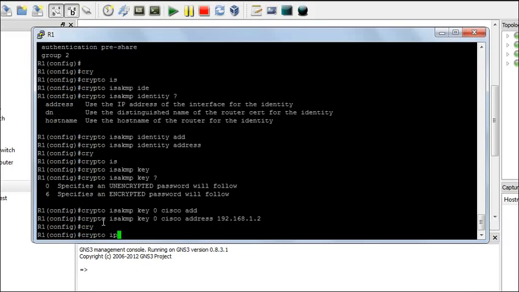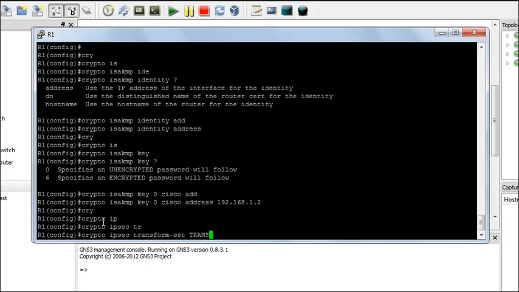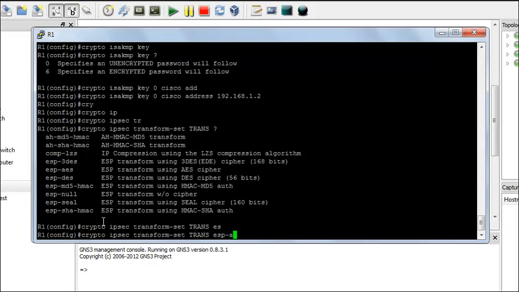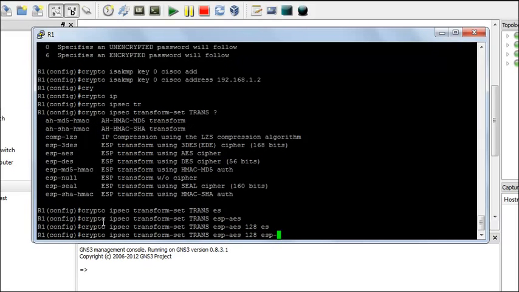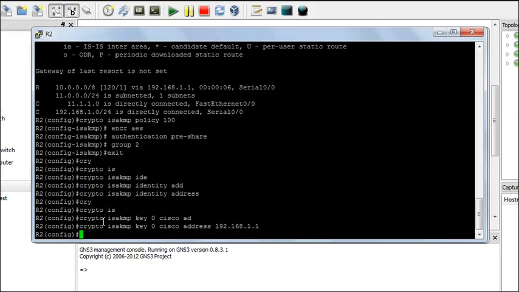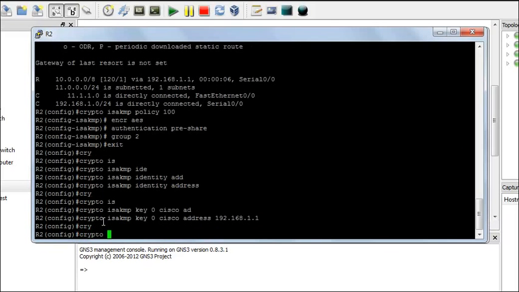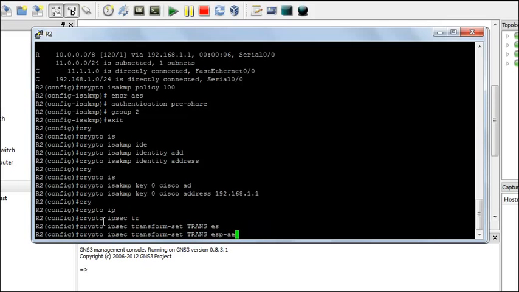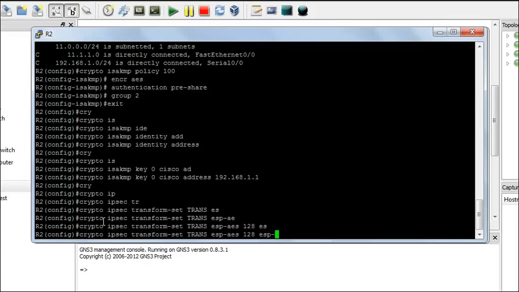Okay, the next thing to do is to create a transform set. So I'm going to say crypto IPsec transform set. I'm going to name it trans, and it is going to use the algorithm ESP AES 128, ESP SHA HMAC, and mode tunnel, exit. The same thing on router R2, crypto IPsec transform set trans ESP AES 128 ESP SHA HMAC